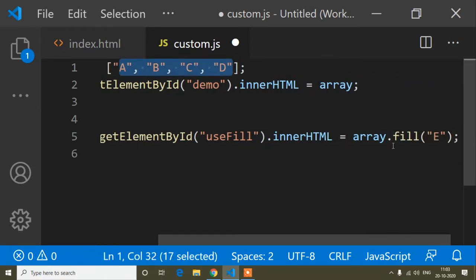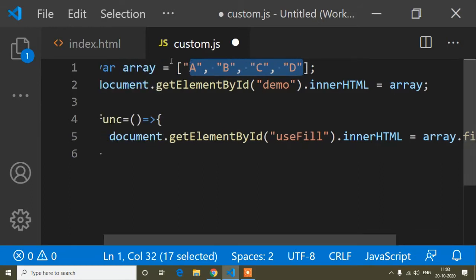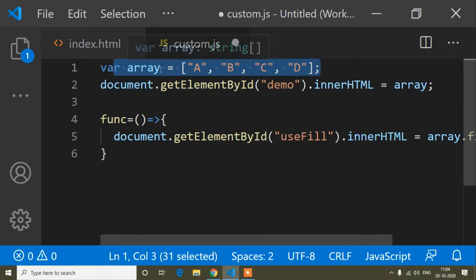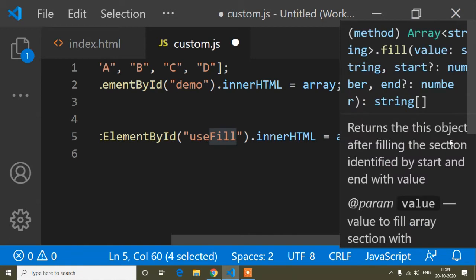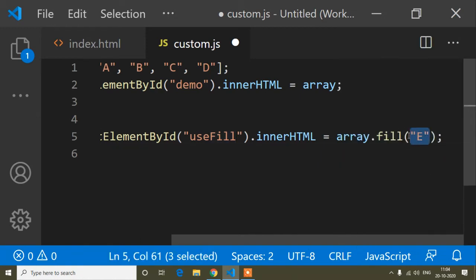So this is the syntax of the array fill method. That means whichever array you want to add the fill method to, so array.fill. So I want to add this fill method to this array. So this array variable, this is the array variable, .fill, and the syntax is parentheses, and whichever value you want to fill, just add this value. So I have written e. Okay, so now I will